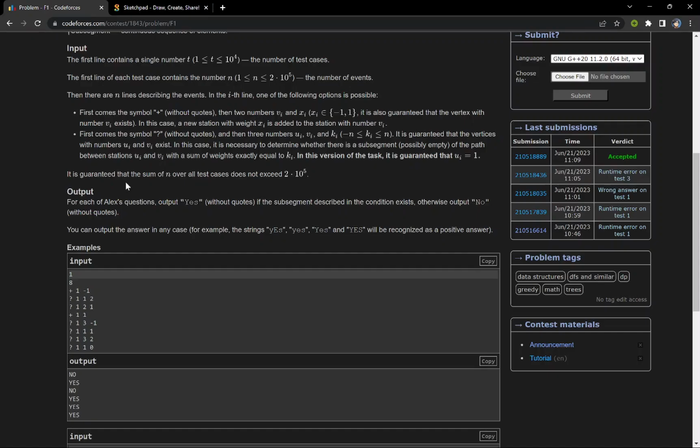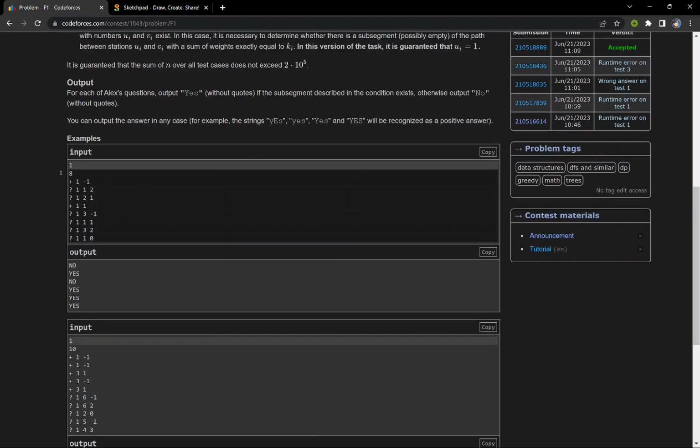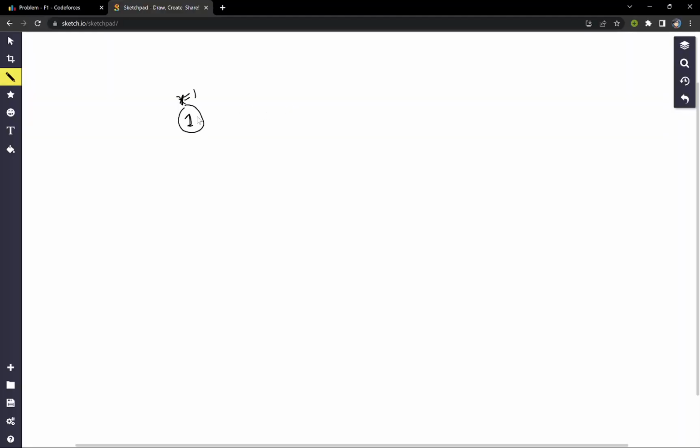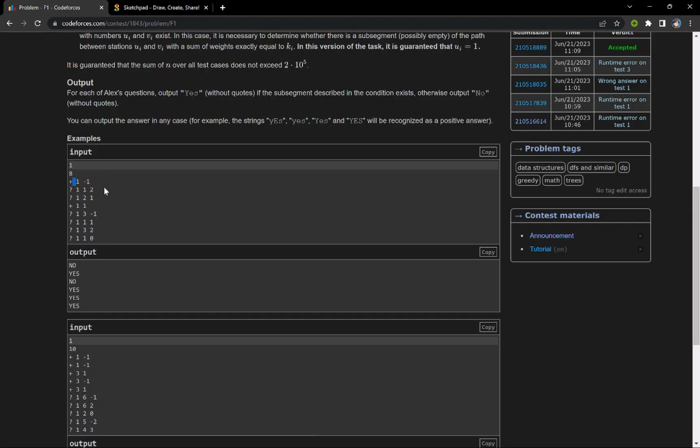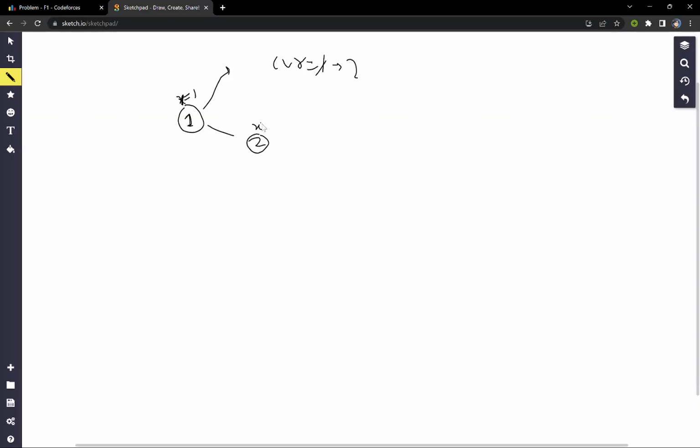and it has x equal to 1. The node's value is 1 and its particular x value is 1. And another thing, if we have two particular types of input, if it is plus, what we have to do, initially the current node was 1, so we have to increase our current node to 2, and then we have to add the x value to it, which is given as -1 in the first test case.